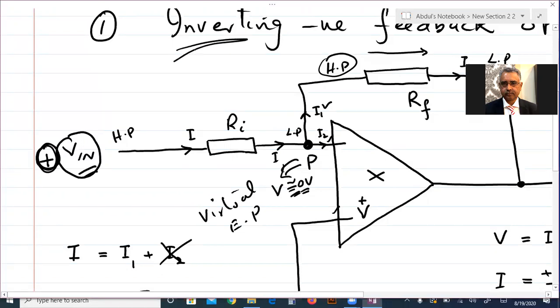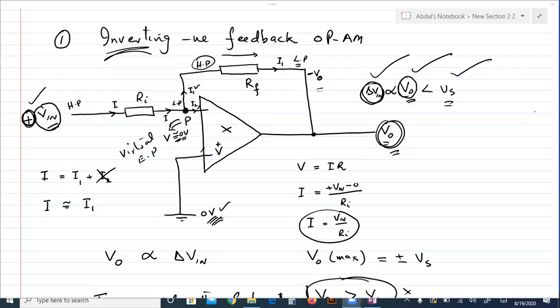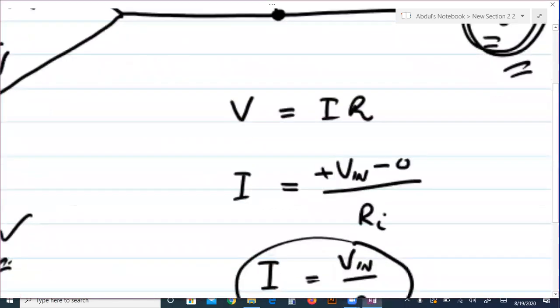That's why this is called inverting negative feedback op-amp. We are giving positive input and we are getting negative output. That's why it is called inverting. Okay. Now this I1 current, which is flowing